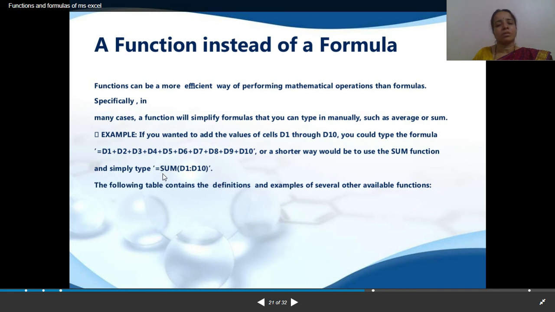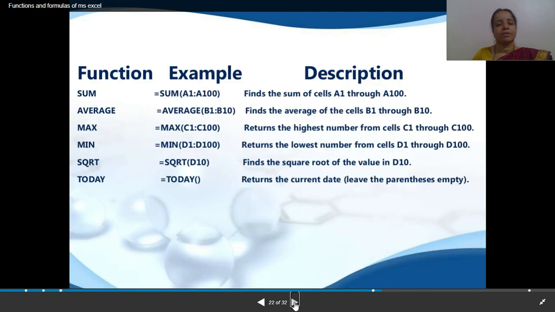So this is the shortened formula or function. Instead of writing each and every cell address with operators, you can use this SUM function. Like this, many functions are available as we discussed earlier.